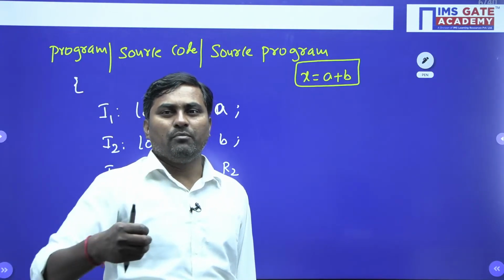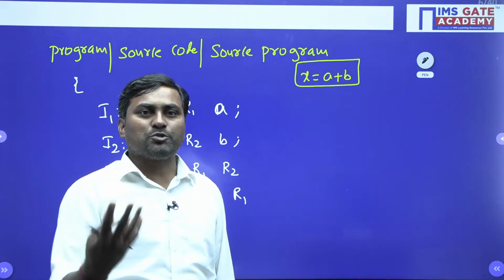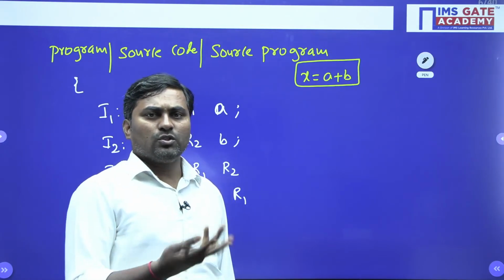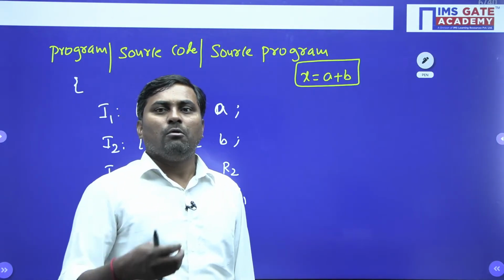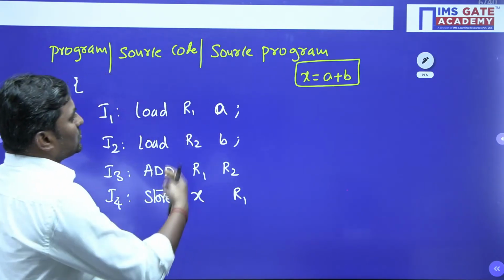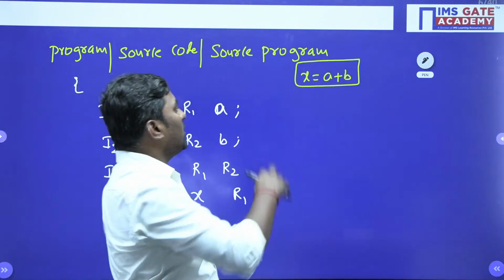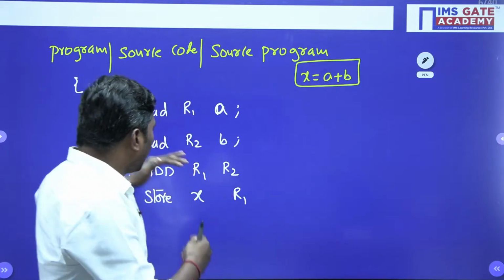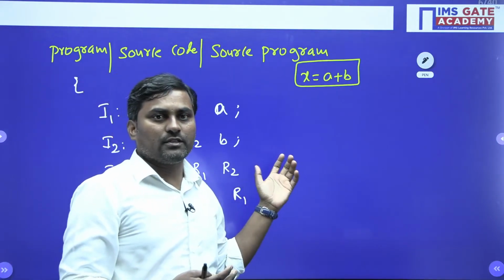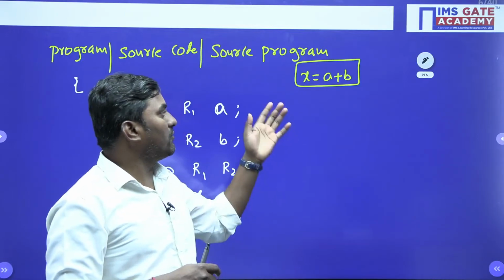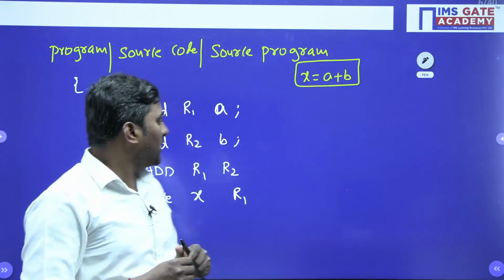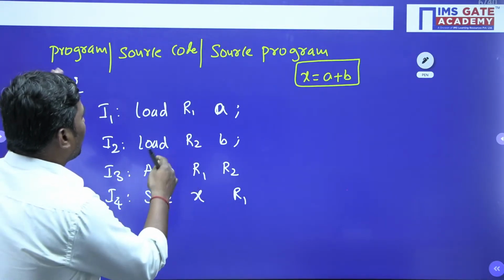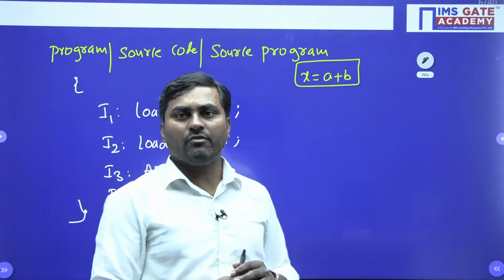It is a problem. In order to solve it, first of all you have to express some algorithmic steps. Algorithmic steps are realized in a programming language. So in one of the programming languages you can write and execute it. But the program is a set of instructions, the equivalent of the high-level statement X equal to A plus B. I need to take the source operands into CPU registers. I wrote a lower level language because this is assembly language. Beforehand you can write the high-level statement, so the equivalent instructions I wrote here. These are the various steps; just see the semantic view of this program. This is a statement I want to